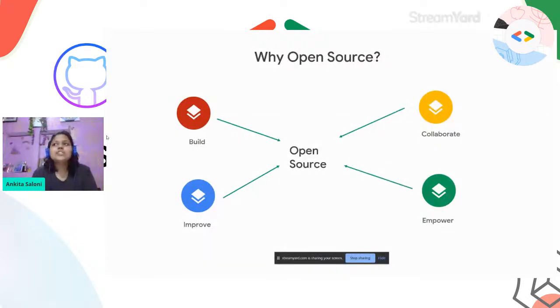You might get inspired by someone's project. You might feel that this is a feature that you need to put in your own project. You might just look in awe at someone's portfolio and you wish to build your own. So all these things will help you to improve and will motivate you to create something like that.